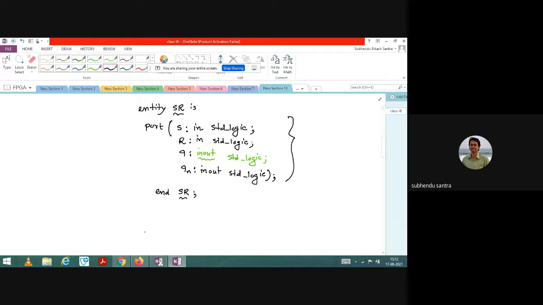Okay, so you do one thing. Always, whenever you find this kind of situation where you have an input-output instruction, before processing the in-out, you do not know what Q is. This in-out instruction means there is an input and there is an output. That's okay. But whenever you use this kind of instruction, always remember that you have to define this QN, whatever it is, by the data flow model first, and then after that you can go for behavioral.